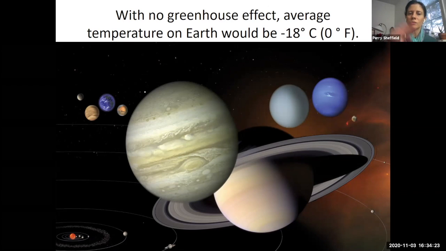Because if there was no blanket of atmospheric gases, the average temperature on Earth would be negative 18 degrees Celsius all the time. And so it wouldn't be super conducive to us enjoying many of those spaces that just got named, our ecosystems we love. But it's this same system where the balance is being thrown off.